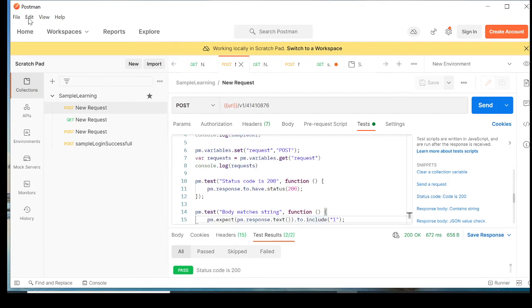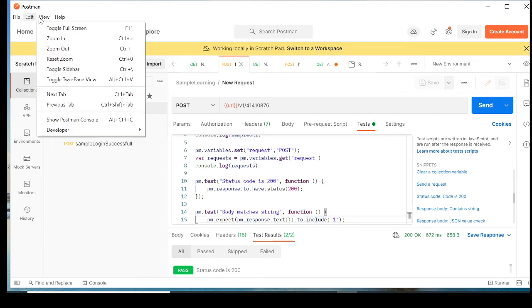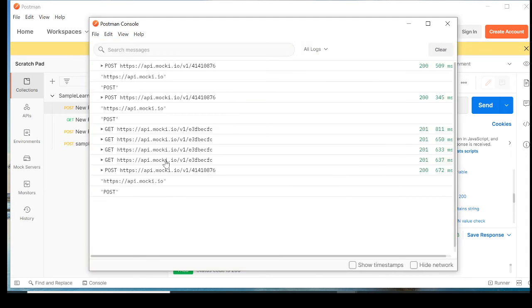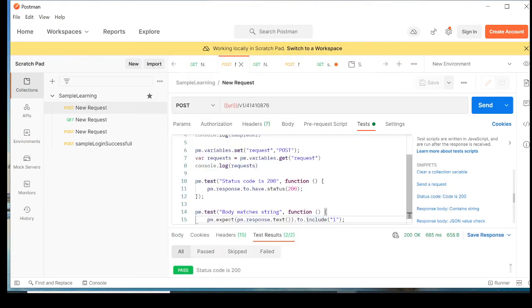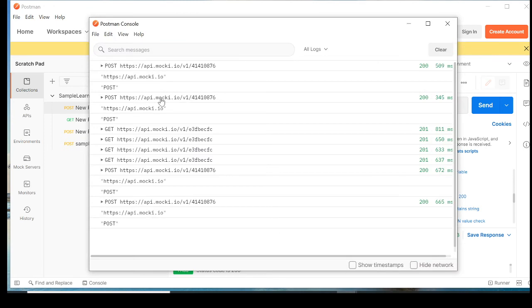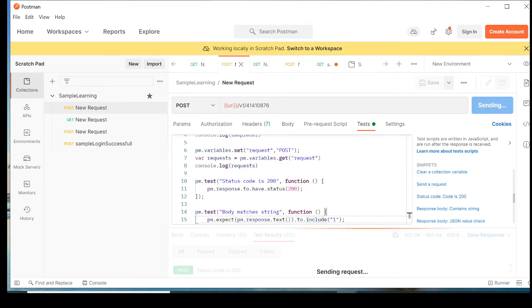You can see it in your console if you want to debug it. Debugging is just making sure that whatever you've been trying to see or send is correct or not. So here you'll see multiple things when you run it again and go into the console. Let's clear it first and run it again.